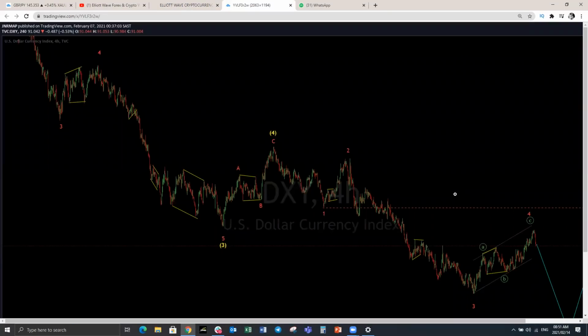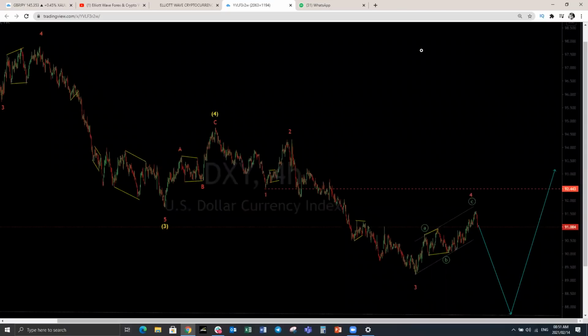Let's start on the dollar index with the 4-hour. What have we been expecting on the DXY? Those that have been watching these videos will remember that we have focused on this move to the upside and a move to the downside. So this move to the upside has already played out. Why are we looking for downside? We are in this last wave that we're looking at here on the DXY. I'm only looking at the 4-hour. So this is what we focused on the DXY, that we're going to have a 1, 2, 3, and we're going to have a move to the downside.